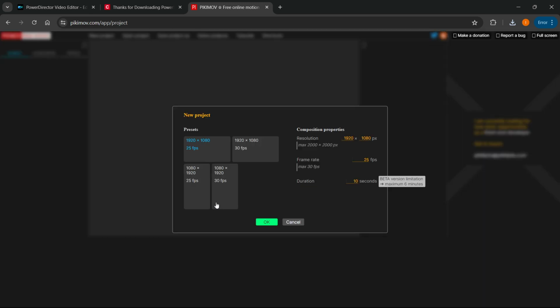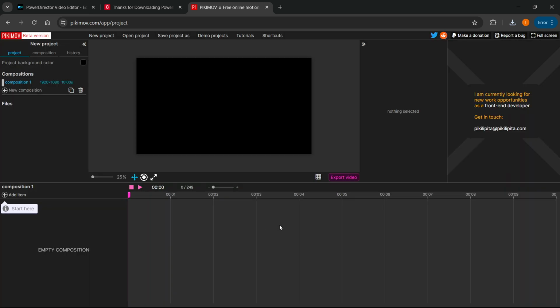You can create a new project. You can select what the preset is going to be, press OK, and as you can see, this is pretty much similar to After Effects, and it can work similarly to After Effects. However, it is web-based, and you can use it for free. So these are the two